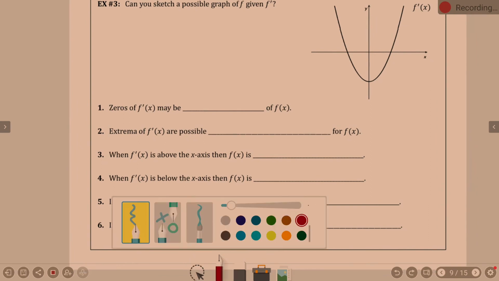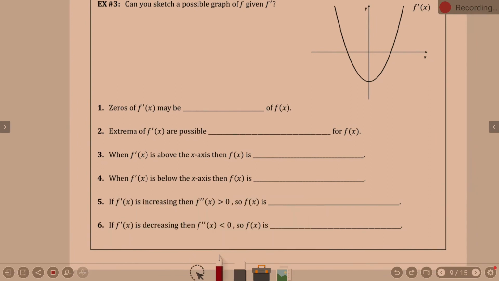Okay. Can you sketch a possible graph given f prime? This is the hard part about this lesson. It's changing every problem. Sometimes you're given f prime, sometimes you're given f, sometimes you're given the second derivative. Every single time it changes. So with that in mind,